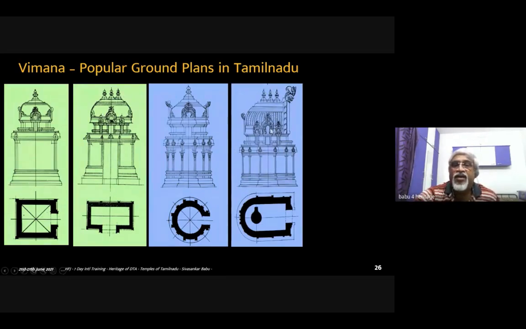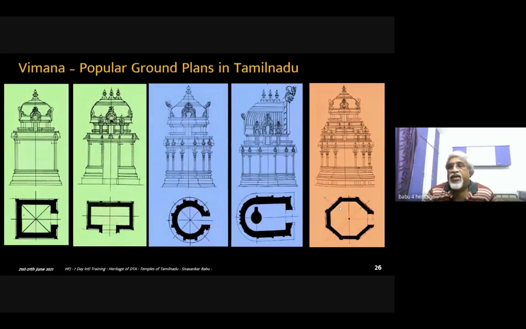You see the temple here. If you see from the side, this is the rectangular or square part, and there is a semicircular part. So the entire temple will be going straight, then getting into a curve, and then again going straight. The variations in the pure Dravida style are the octagonal or hexagonal shapes, where from the bottom up to the crown, the entire building or the Vimana is in the same shape.